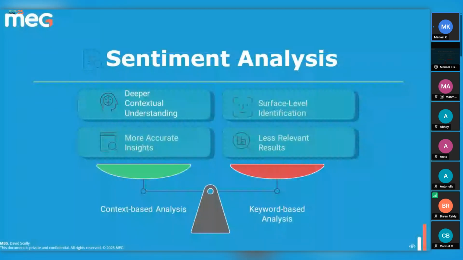The next feature is sentiment analysis. This feature utilizes natural language processing to evaluate textual data, such as patient feedback or staff comments, to determine the emotional tone and subjective opinions. The functionality provides actionable insights into patient and staff perceptions, enabling organizations to address underlying concerns and improve communications. The system automatically assigns a suggested sentiment, such as positive, negative, or neutral, to text fields, facilitating rapid identification of